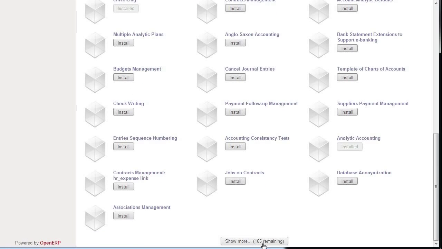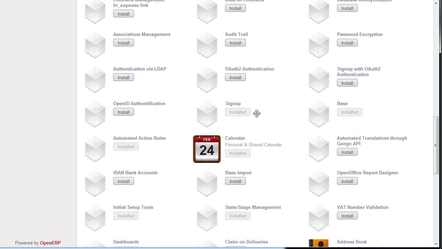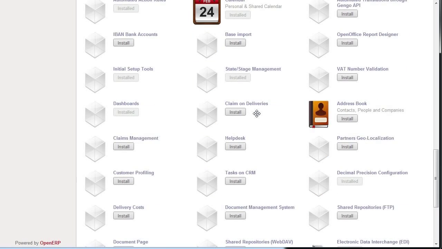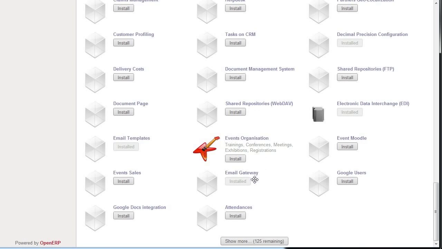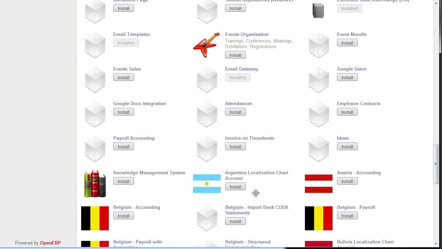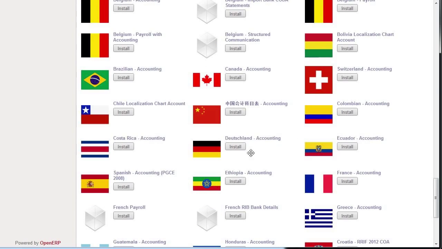And you'll notice here at the bottom there's 165 more of these that are just included automatically with a basic install. And as I scroll down and keep looking through all these, you can see that there's a lot of international